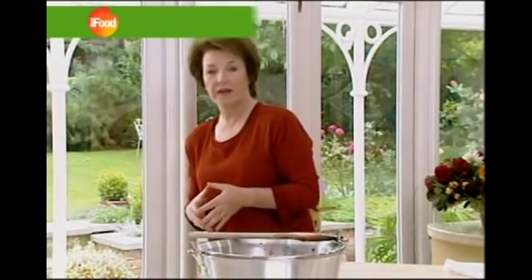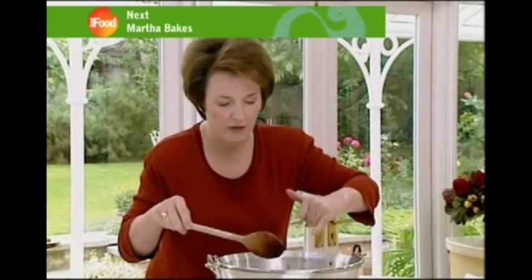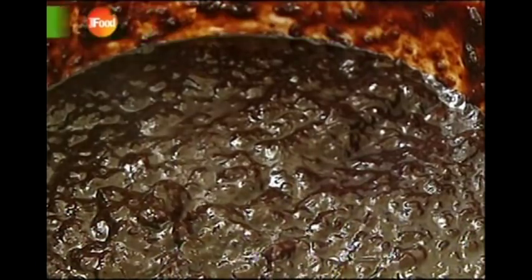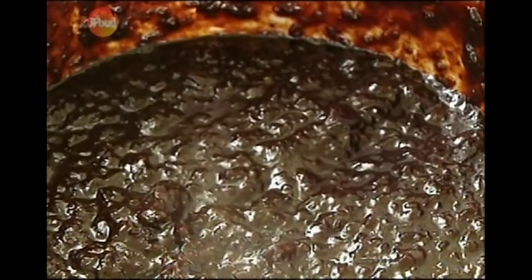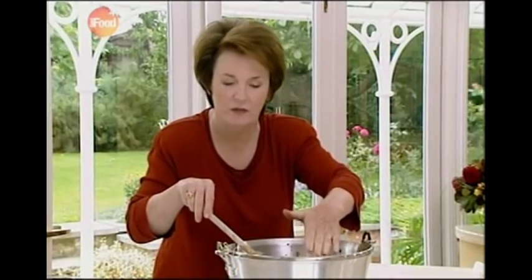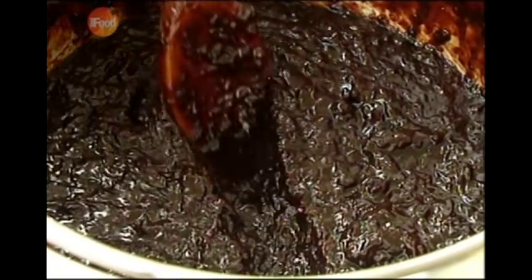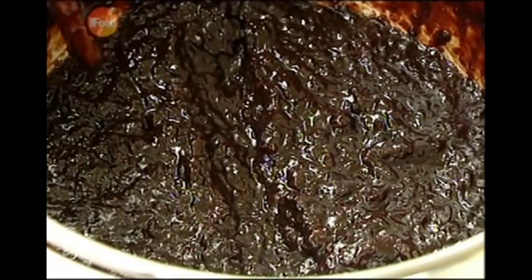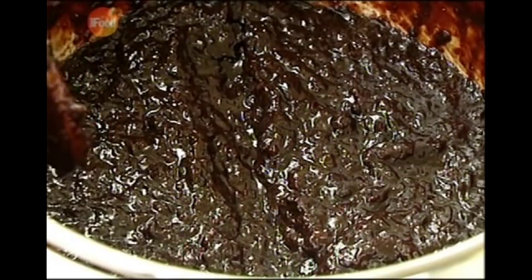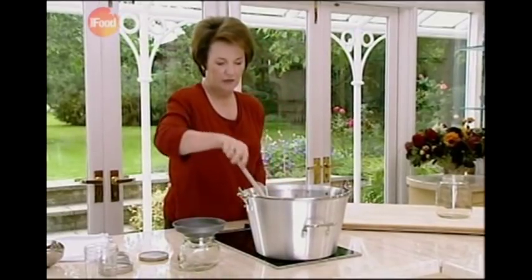When you get towards the end of the 2.5 hours, you need to stir it a bit more often so that it doesn't catch on the base. And here we go, just like with the marmalade, you can see the tide mark. It's reduced down and down and down. And the way to test if the chutney is ready to put into the jars is terribly simple and terribly easy. Pull the wooden spoon across the chutney and make a channel. And if the channel fills with vinegar, then you need to give it a bit longer. So the chutney's ready. Now I'm going to turn the heat off, and we're going to,